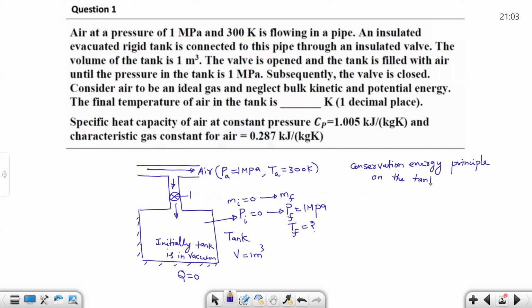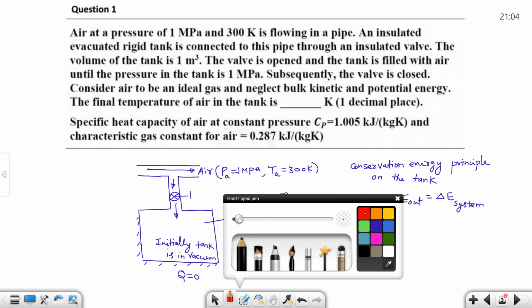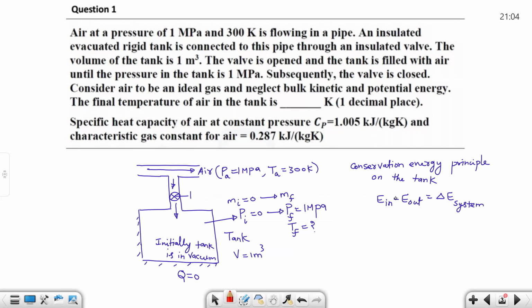Energy in minus energy out equals the change in energy of the system. This is your conservation of energy principle. Now, if you take the tank,